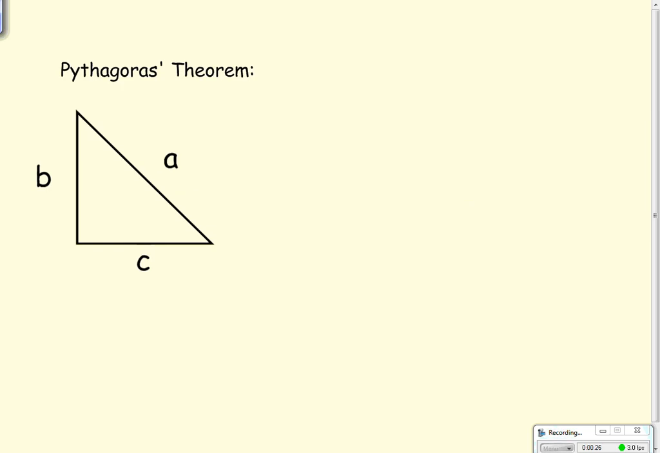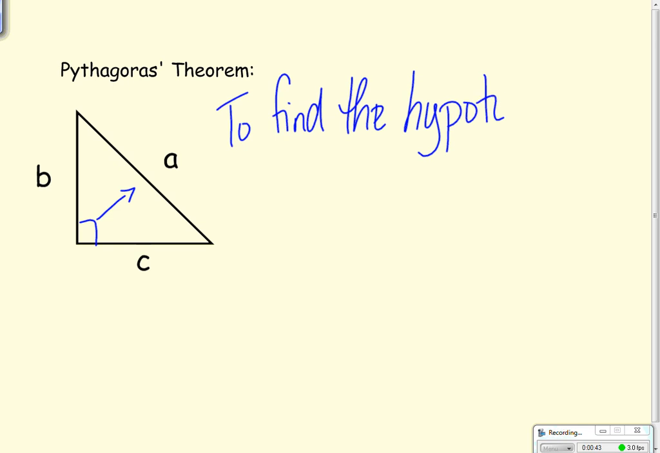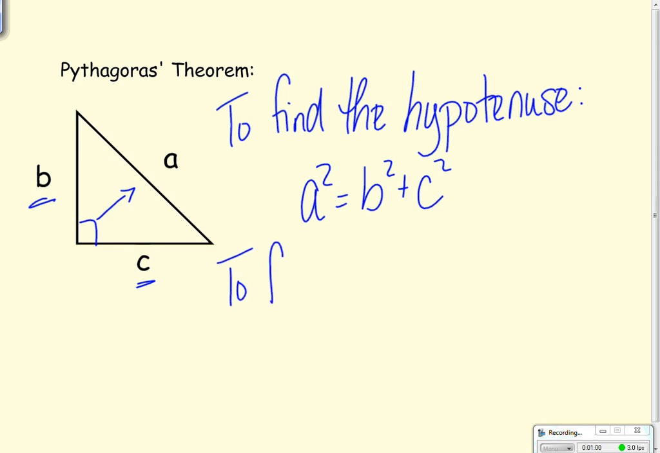Just a quick reminder, if you're looking for the Pythagoras theorem, the hypotenuse is always across from the right angle, and to find the hypotenuse, all you need to do is use the formula a squared equals b squared plus c squared, where a squared represents our hypotenuse. And if you're looking for one of the other sides, either c or b, to find a shorter side, because the hypotenuse is the longest side of a right-angled triangle,